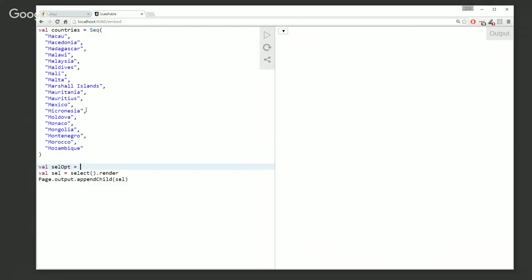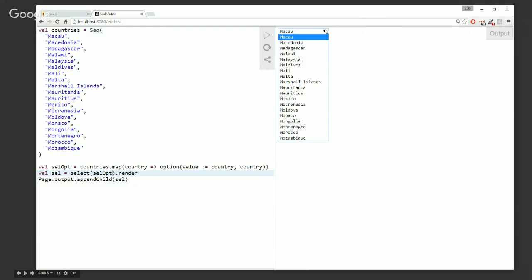box. We are going to take all these countries, which is a list of strings, and then we are going to map over them. We get one country out of there, and we are just going to create an option element with a value of country, and also the contents will be country. And then instead of having an empty select, we are just going to put the cell opt in there. Now, whoa, we have a list of